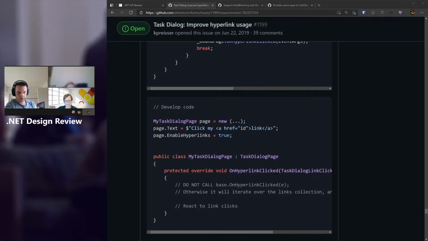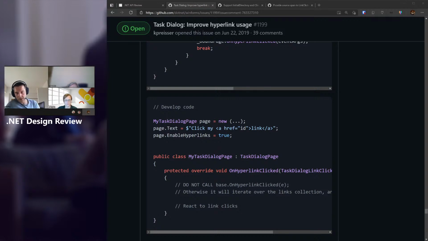In that case, task dialog will render the hyperlink for you, and the user would be able to click on that hyperlink. But as a developer, you would not have any ability to provide a handler for it. So for that case, we allow you to just override them.